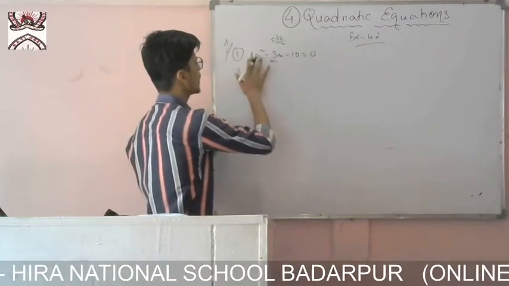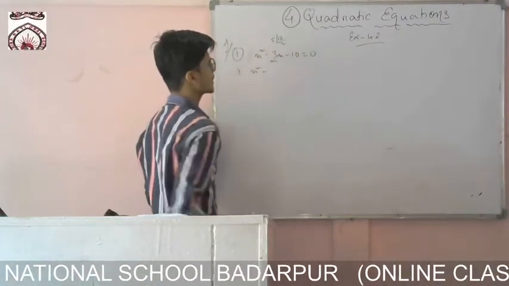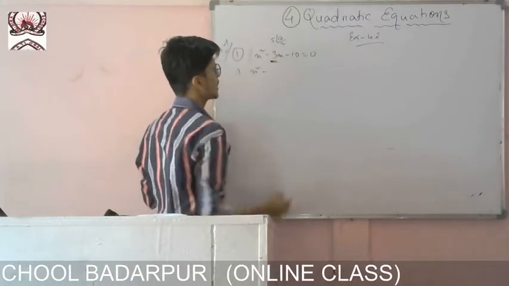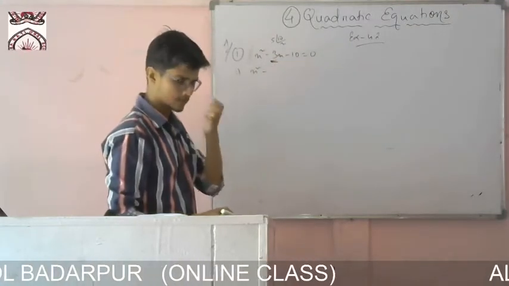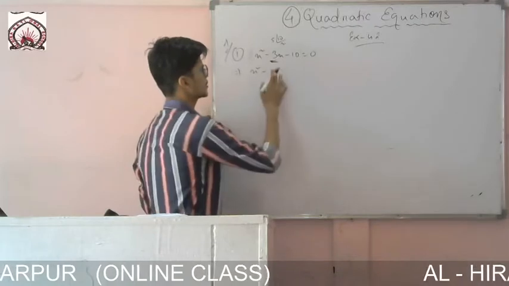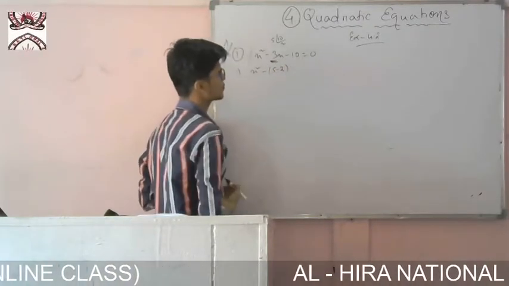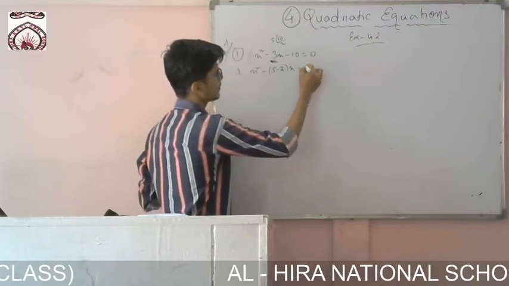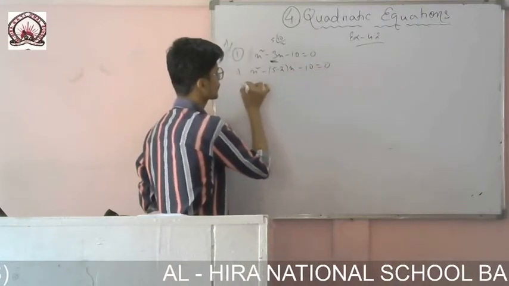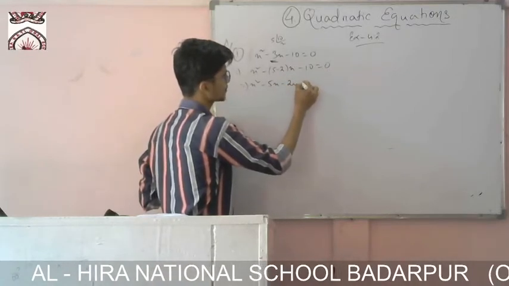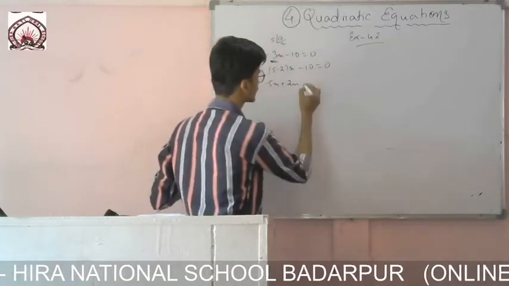So 10 into 1, it is 10. Then I will take out the LCM, and then I have to arrange them in such a way that the answer should come this one, after doing this addition or subtraction. So 3 I can find by getting 5 minus 2. 5 minus 2 into x minus 10 equals to 0. So here it is coming x square minus 5x minus 2x, sorry, minus minus, it becomes plus 2x minus 10